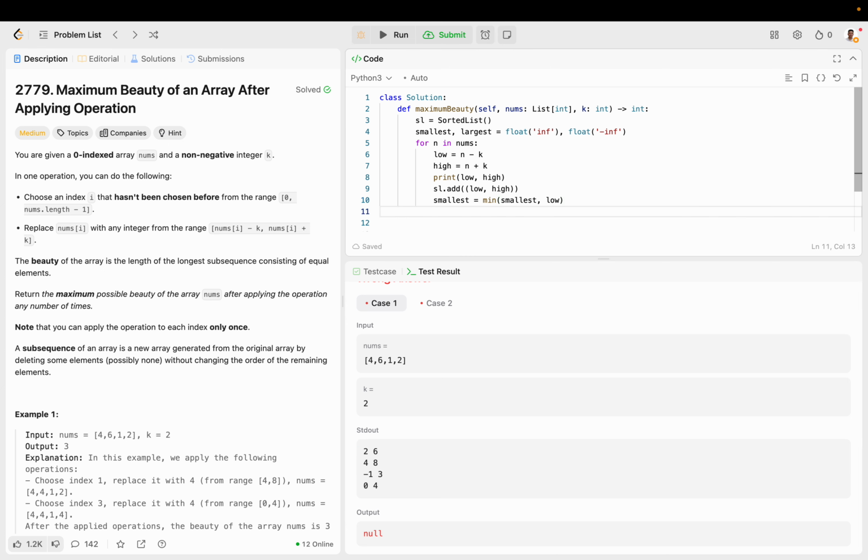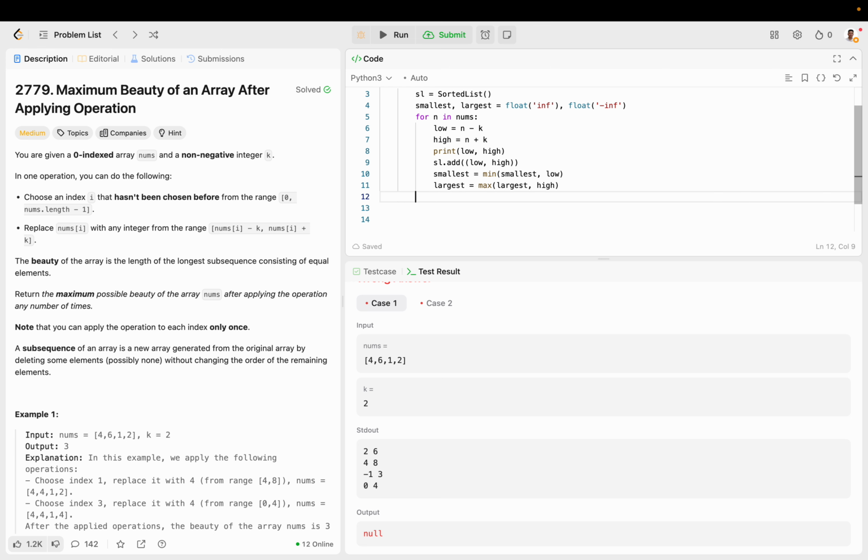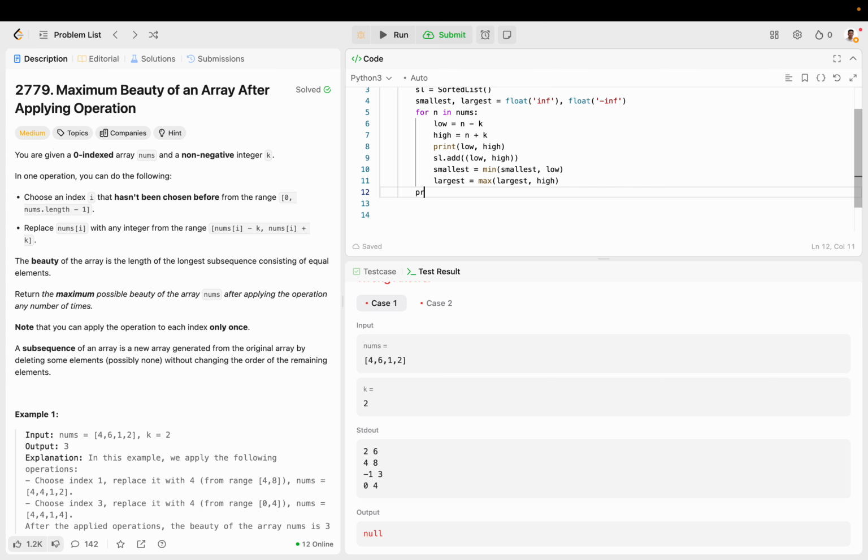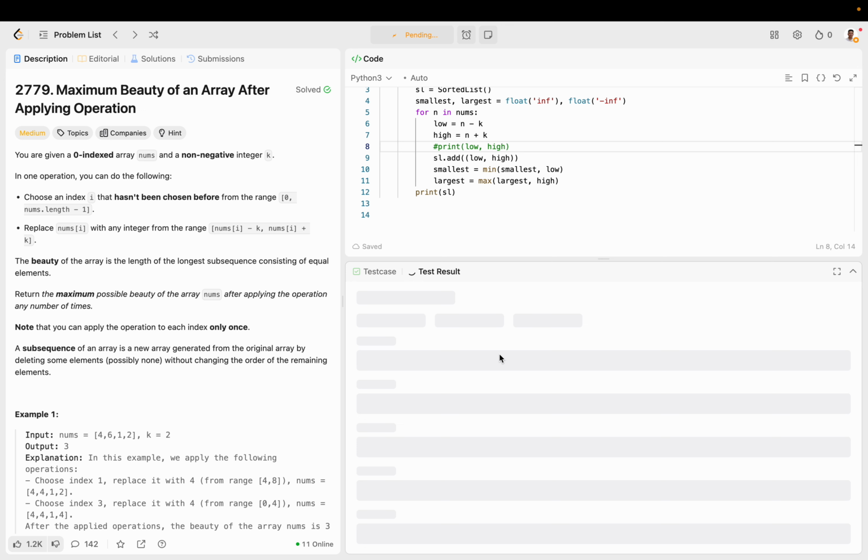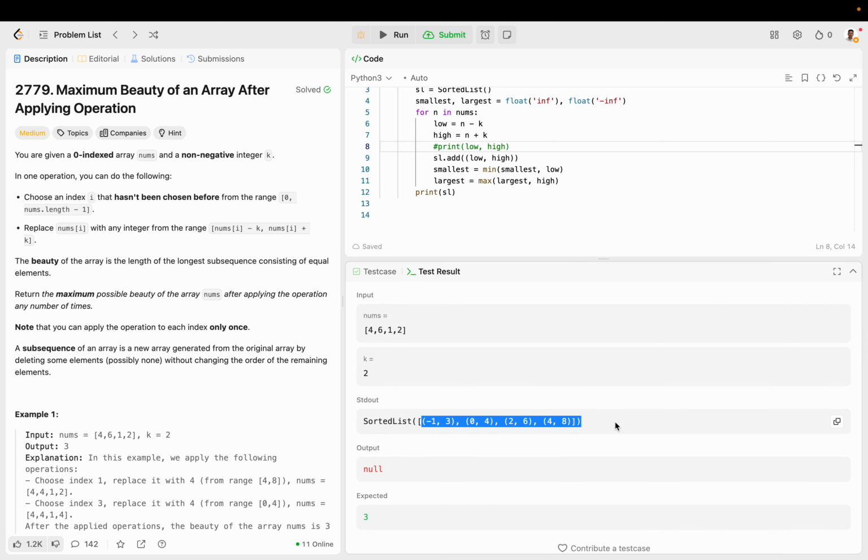We're going to line sweep over that. Goes max of largest and high. Cool. So now if we print SL, we're going to get all the intervals. And now what we want to do is just go over -1 to 8 and find out the most